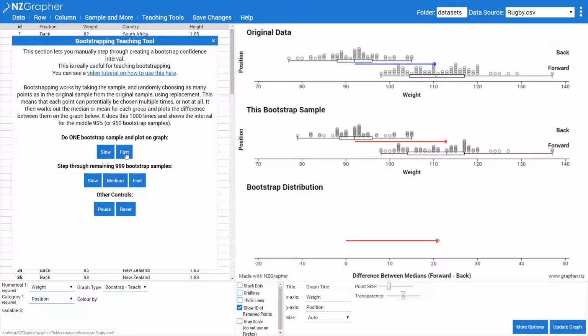Once we've got the bootstrap sample, it calculates the median for each group and finds the difference between these. It then plots them on this graph down the bottom. So the way the bootstrap works is rather than just doing one bootstrap sample, we're going to do 1,000 of